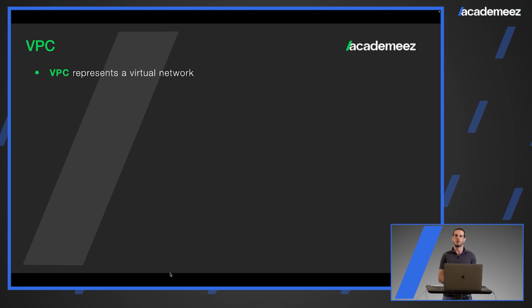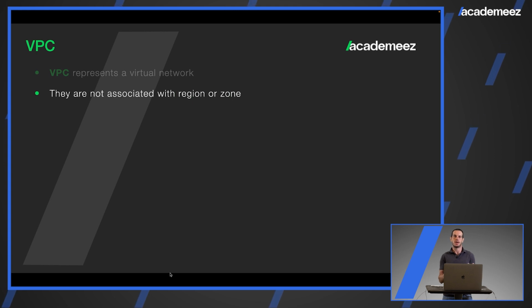VPC represents a virtual network. It's not like your computers are connected, they're virtually connected. So you create a virtual network, and your resources don't have to be in a certain location, right? The VPC is not associated to a region or zone. So that private network is inside your cloud provider, and it can be in different regions, right? So depending where your region is placing servers, your servers can be in different regions, and they're all connected in your VPC. So your VPC is like a network where you control what's coming in, what's coming out of the network. You control the firewall rules,